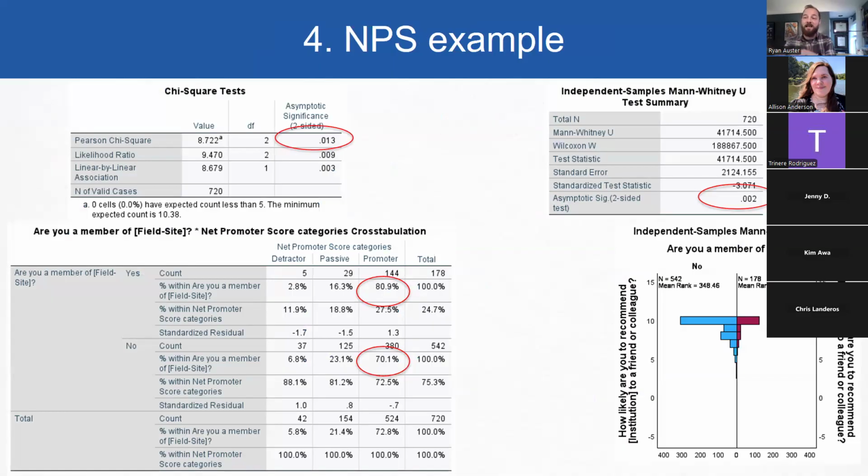I reran the same set of data for our net promoter score in that 12-month sample that we used to investigate OER and staff helpfulness. And even though this is very small, both tests produce the same result, showing that there's statistically significant differences in net promoter score between members and non-members.